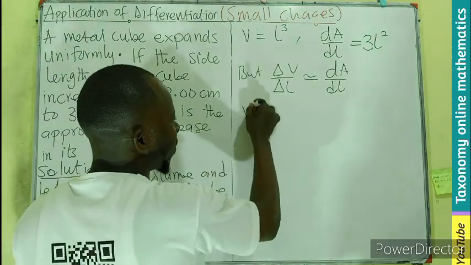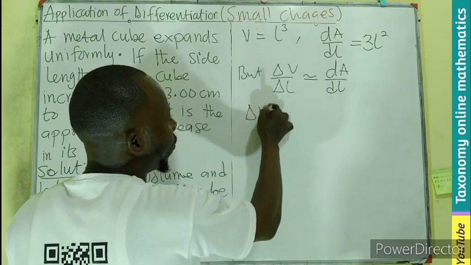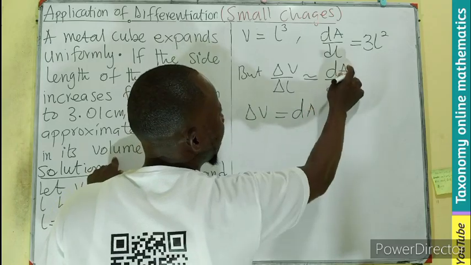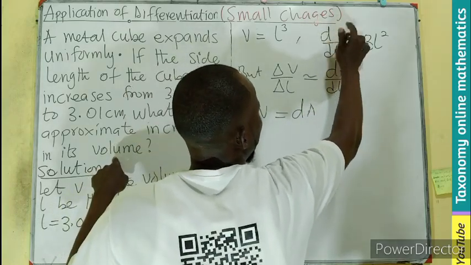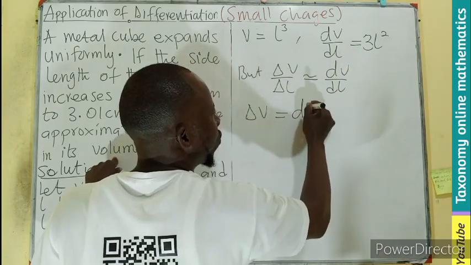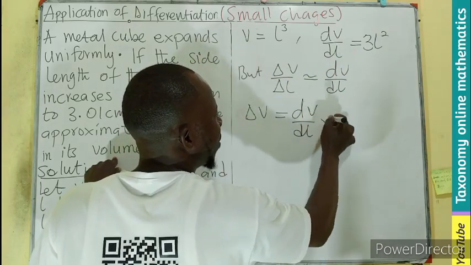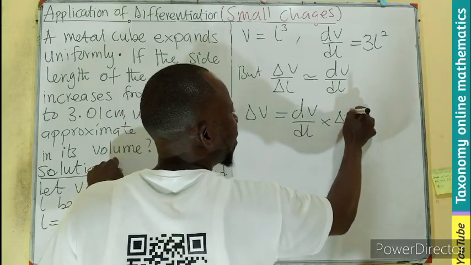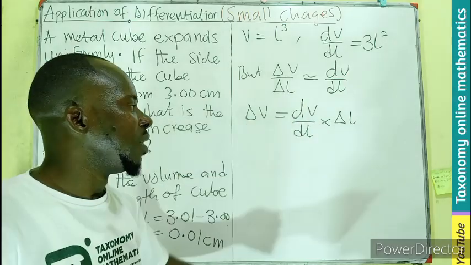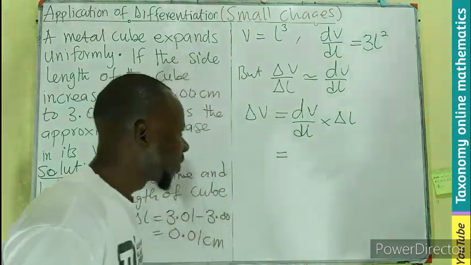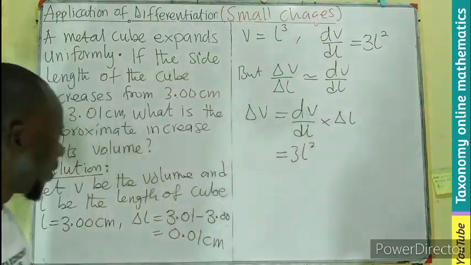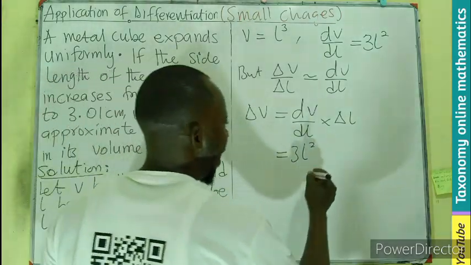So the change in volume is approximately dV over dL times the small change in L, multiplied by delta L. If you substitute dV/dL, it is 3L squared times delta L,